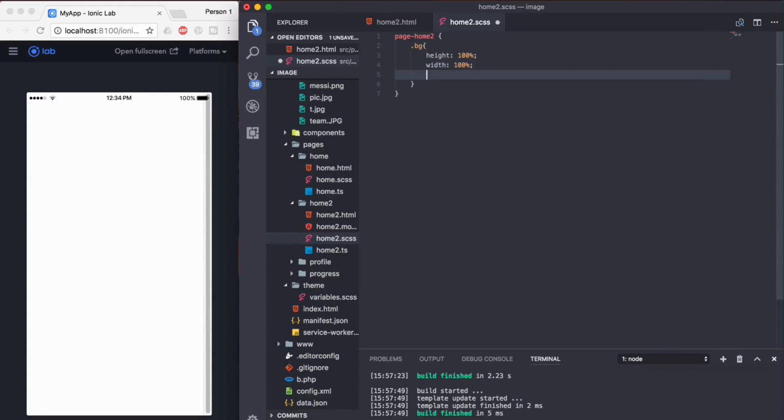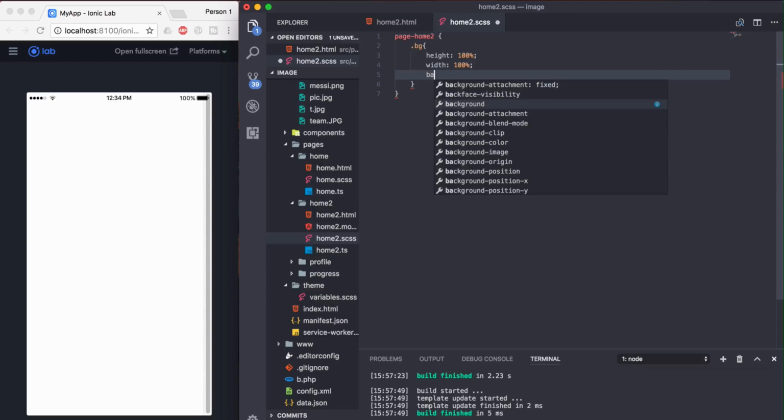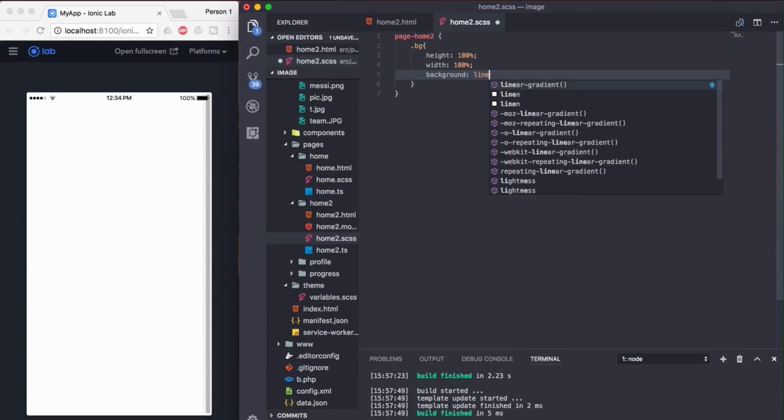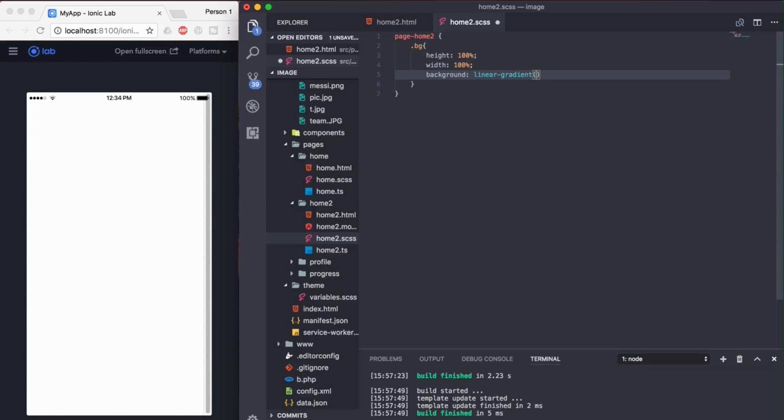Okay, and the most important thing right over here is we are going to use the linear gradient for the background property. Linear gradient. Now this will be holding three different colors. The first one is black, the second one is dark blue, and the third one is dark pink. I got these colors from the internet, and if you want, you can give different colors, but if you want to use the same colors, they are in the description right below. And we are going to use 180 degrees,